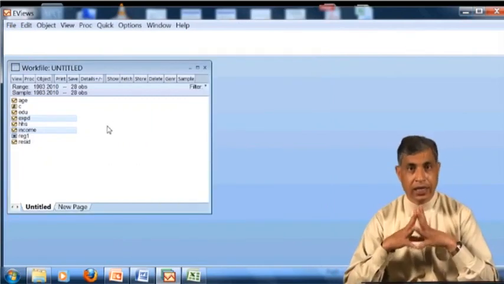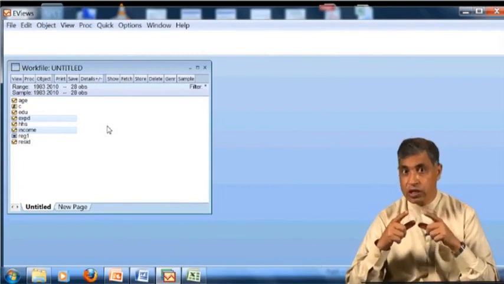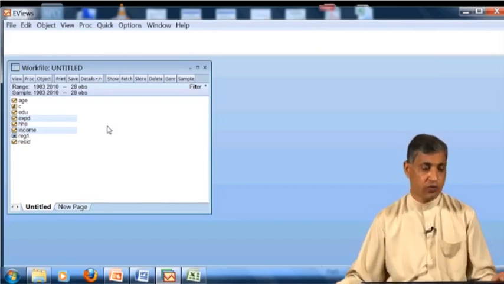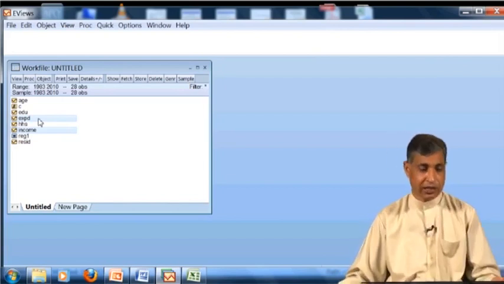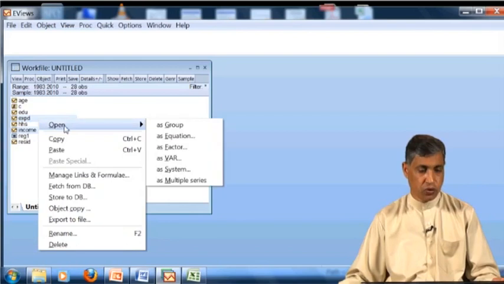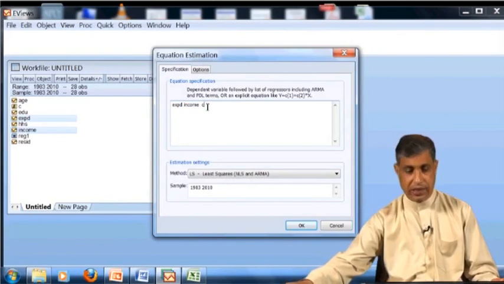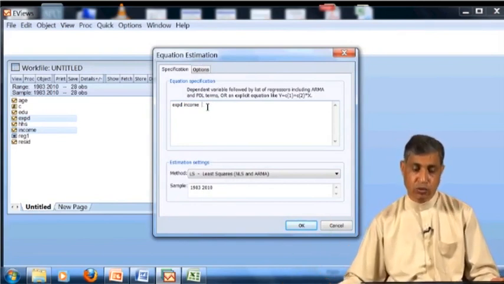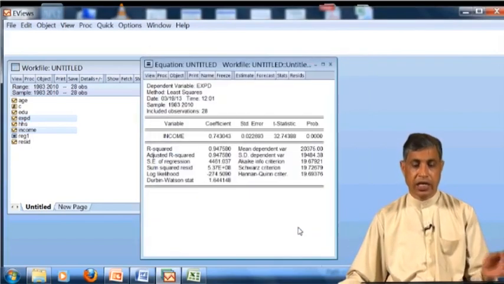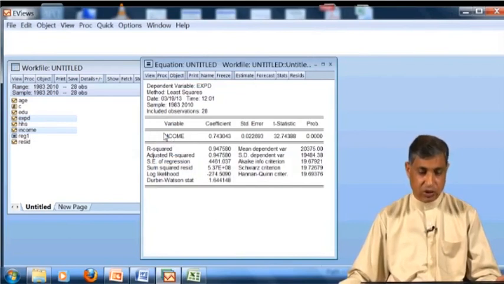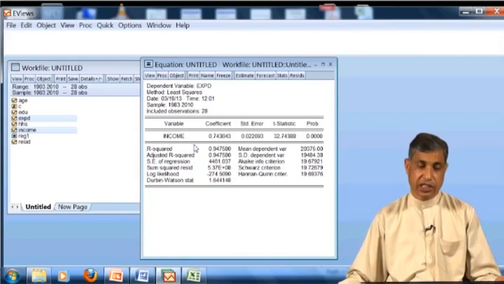Now I will run the regression through the origin, and we will see that this time the residual sum will not be equal to 0. So what this means is, I will run the same regression, but I will exclude the intercept. If you open as equation, now you see I am excluding this C. Now this is regression through the origin, same estimation OLS. If I say OK, it has run the regression, and you can see here only the variable income is there, and C is not there.